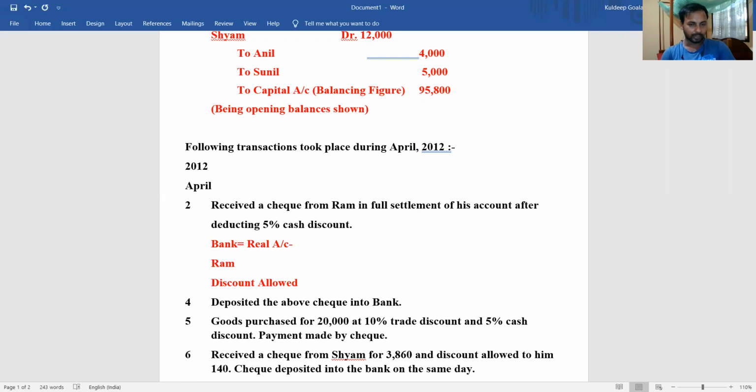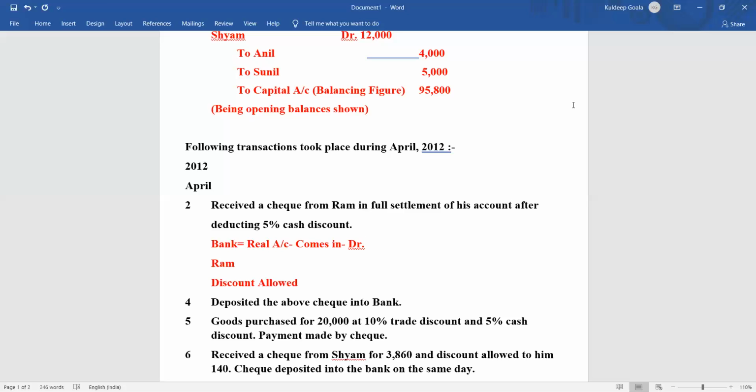So we are taking the name of the bank here, right? So real account, what does it do? Debit what comes in, credit what goes out, right? So what is happening here? Coming in or going out? It is exactly, it is coming in, right? We are receiving, so comes in. When it comes in, we write debit. So it will be comes in debit.